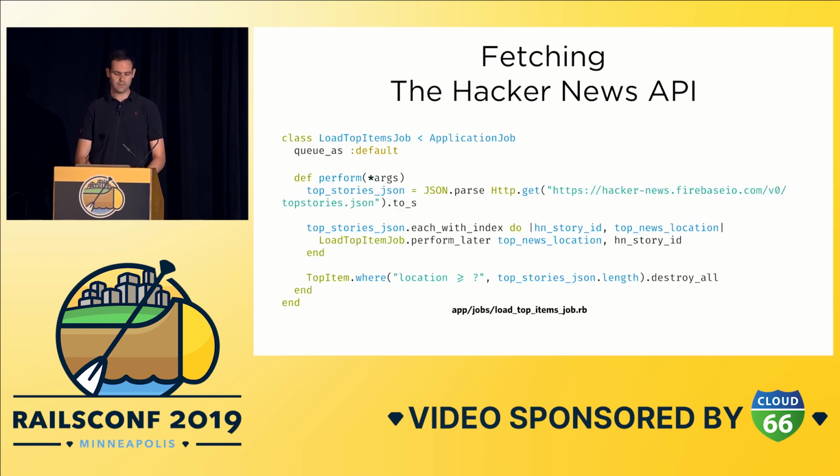So this is the ActiveJob. It's real straightforward. It's an HTTP GET to the API. It gets the JSON, which is an array of items, and it just goes one by one with the IDs and their location, and then spawns subjobs that will actually get the information. And then there's a little mechanism, because the number of top items that we get back isn't always the same. We destroy the items that are no longer part of the JSON API, or